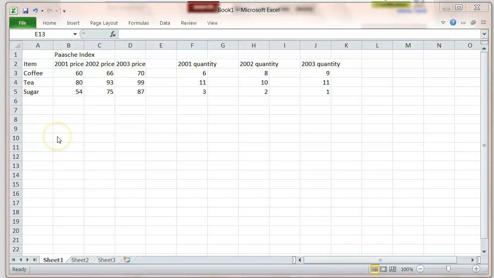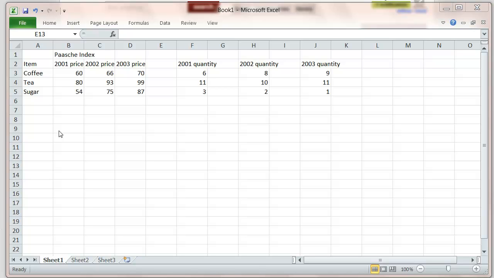One problem with the Laspeyres index for a basket of commodities is that it uses the quantities from the first year. It doesn't take any account of changing taste. A more sophisticated index is called the Paasche index, and for this we have to use the quantities each year,